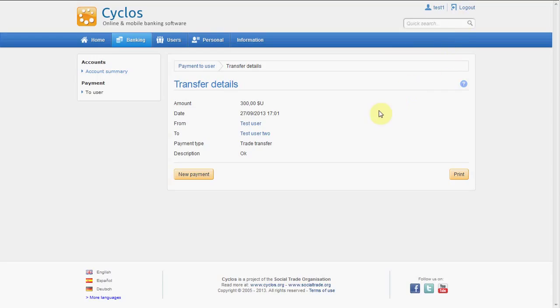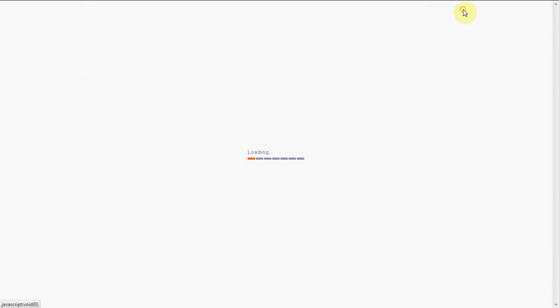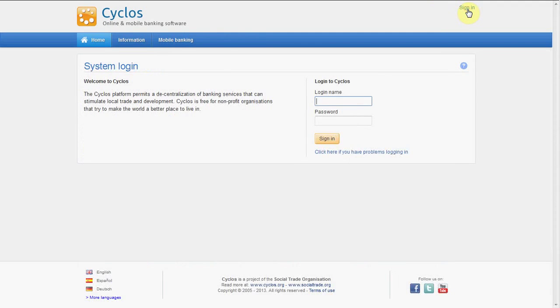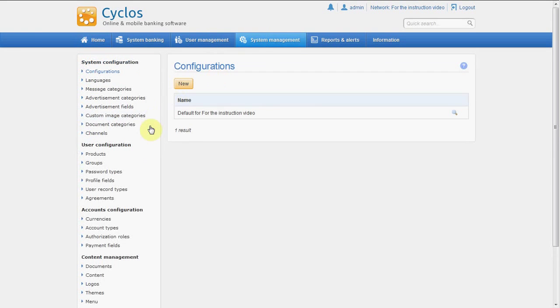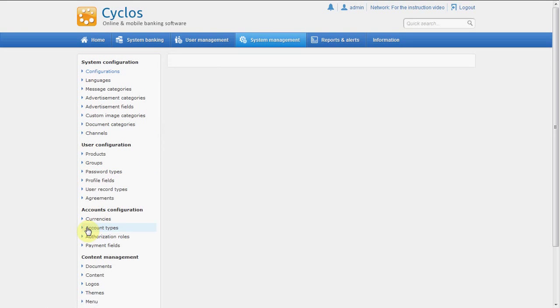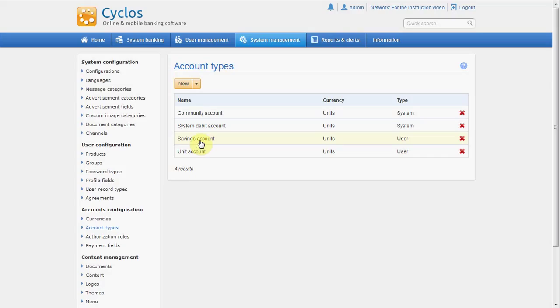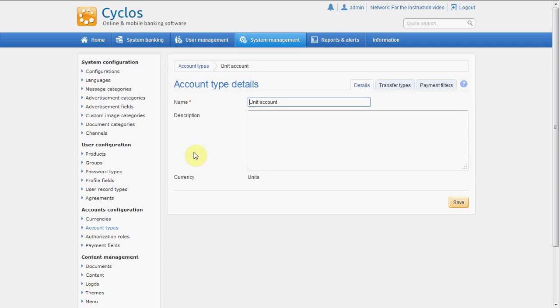Okay, so we did some basic money transfers now, and now we will make a little bit more advanced scheme so that people can also have a savings account. Okay, so let's do that. We log out and we sign in as admin with the password. Okay, we go to system management and we go to account types, and we see we already have a savings account, but we still want a transfer type so people can put money on their savings account from their unit